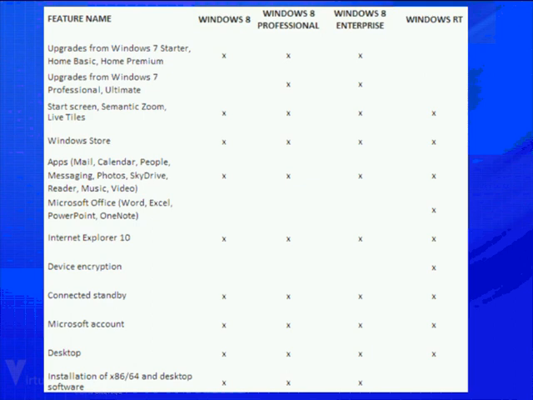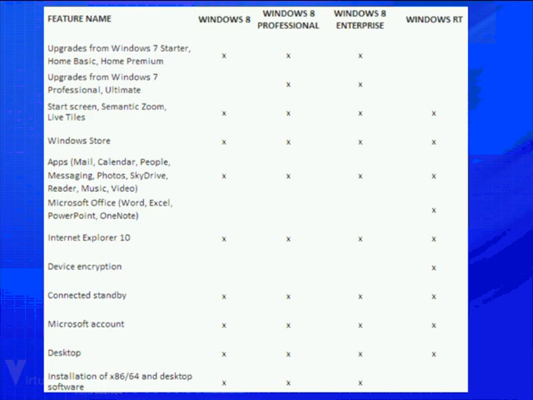So, discussing the Windows 8 SKUs. I'll start with Windows 8. Windows 8 is often the best choice. On the other hand, Windows 8 Professional Edition is the best choice for enthusiasts, technology professionals, and businesses. It includes everything in Windows 8, plus a broader set of technologies such as encryption, virtualization, management, and domain connectivity.